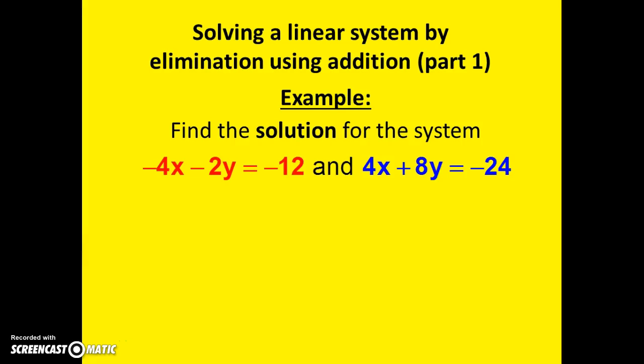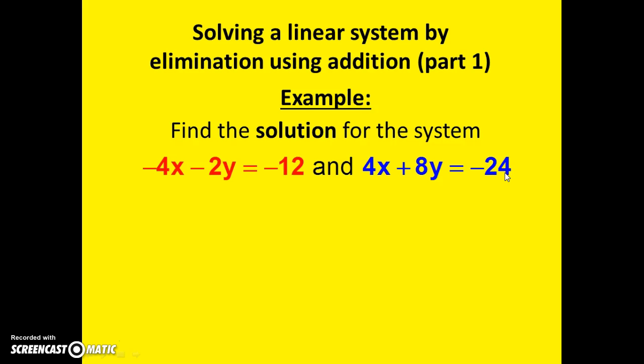Today we're going to talk about solving a linear system by elimination using addition. And this is part one of 3 parts actually. So we're going to start by using an example and learning through example again. So find the solution for the system negative 4x minus 2y equals negative 12 and 4x plus 8y equals negative